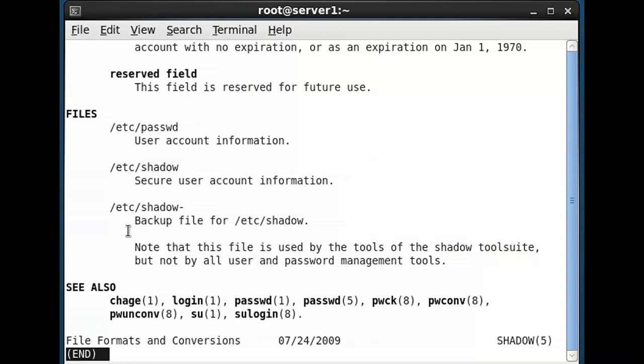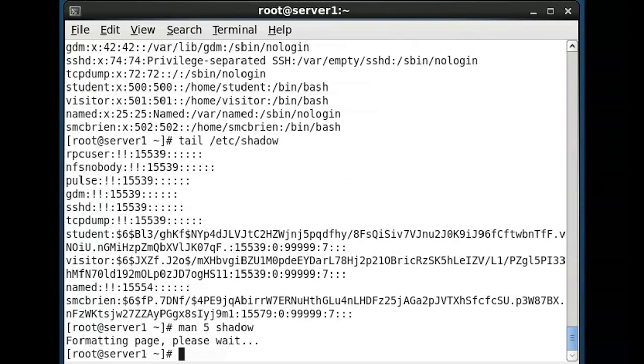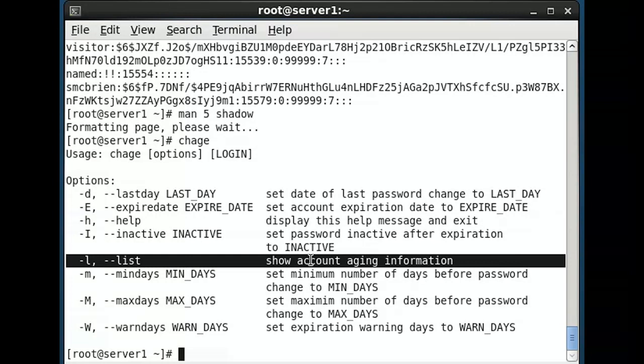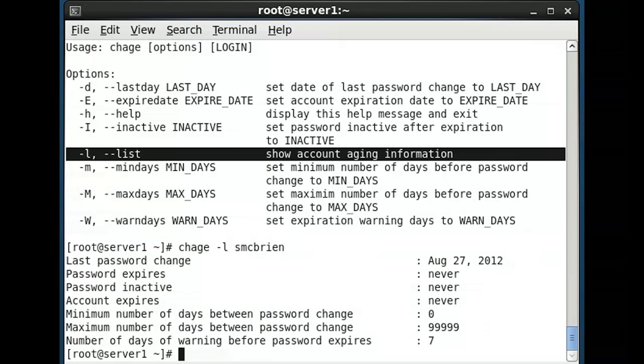Alright, now at the bottom of this man page, there's also in the see also section this command called chage. And that's where we're going to spend some more time talking about manipulating the contents of /etc/shadow. So chage, if you don't call it correctly, will print out a syntax diagram. For example, maybe I'm interested in showing the account aging information for my account. So if I do a chage -l on my user account,